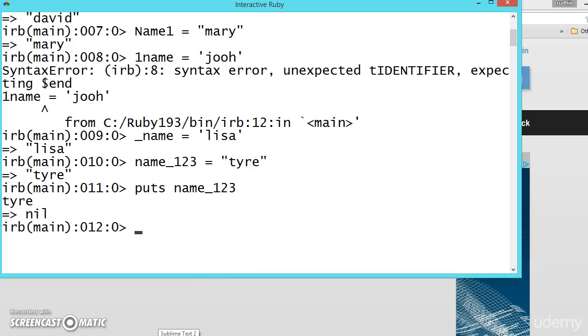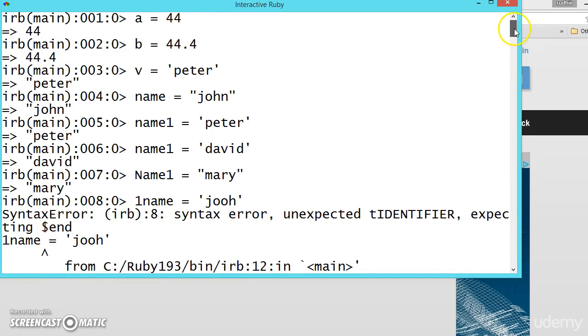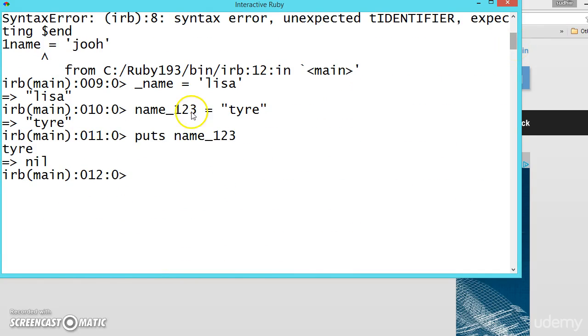We can also use Sublime Text Editor, which is a very famous editor that I will show you when we learn some other basic topics in Ruby programming. If you want to practice, you can practice in interactive Ruby. I will show you how to write the entire program. We can write it here, but it is good practice to write in a file, creating a file.